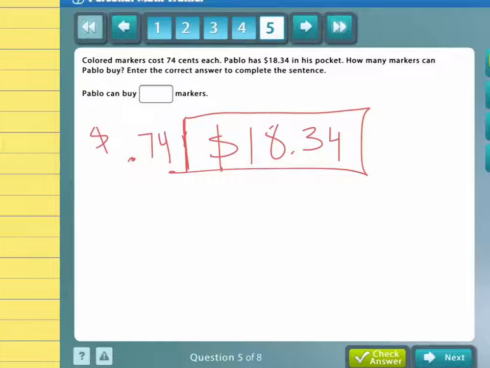If markers cost 74 cents each and Pablo has $18.34, how many markers can he buy? So I've set up the problem here as a division problem. It can also be a multiplication problem. 74 times x will equal